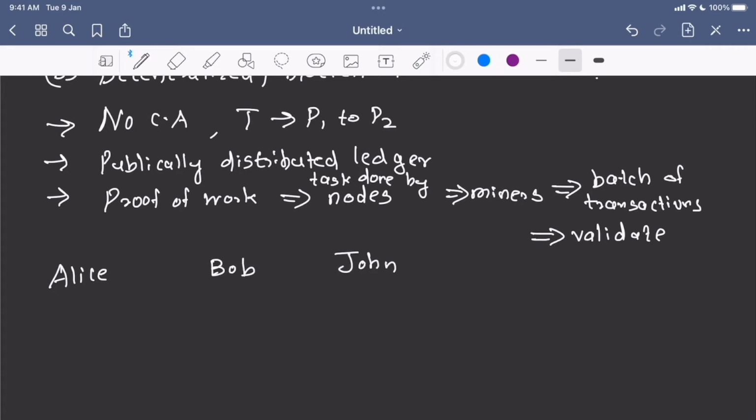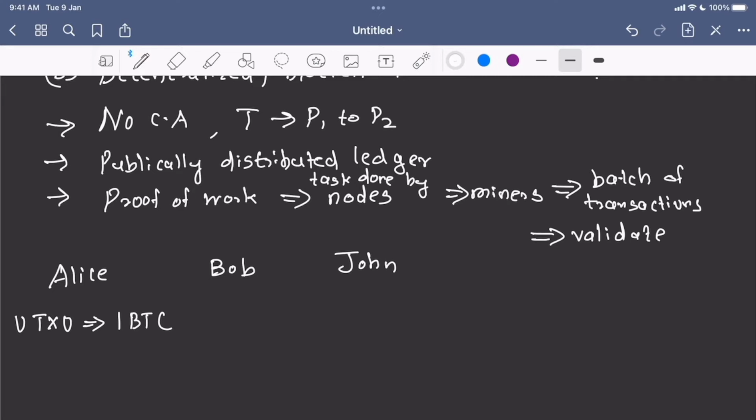So these are the three people between which we will see transactions. Let's say Alice has a UTXO which is worth 1 Bitcoin. So in the Bitcoin world, we don't store the Bitcoins directly. We see them as a UTXO. UTXO is nothing but an unspent transaction output. So let's say Alice has a UTXO which is worth 1 Bitcoin,